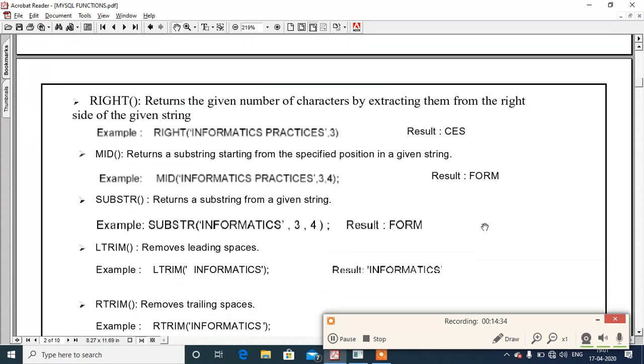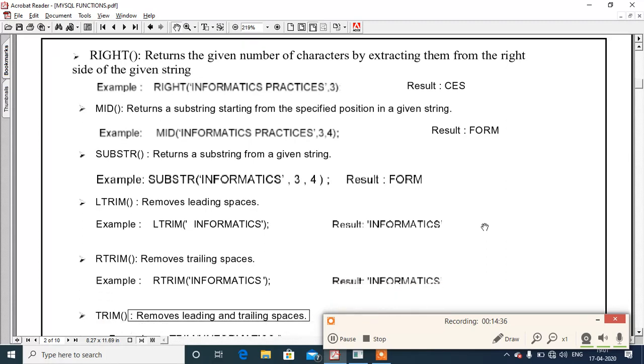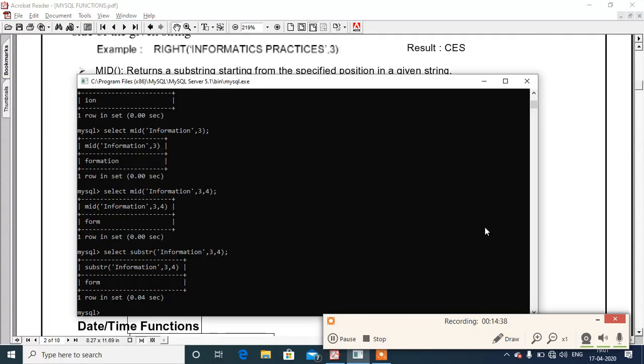Now moving forward, we are having ltrim, rtrim and trim function. Ltrim function, rtrim function and trim function, all of them are used to remove leading and trailing spaces from the string. Ltrim function will remove the leading spaces, rtrim function will remove trailing spaces, and trim function removes both leading and trailing spaces.